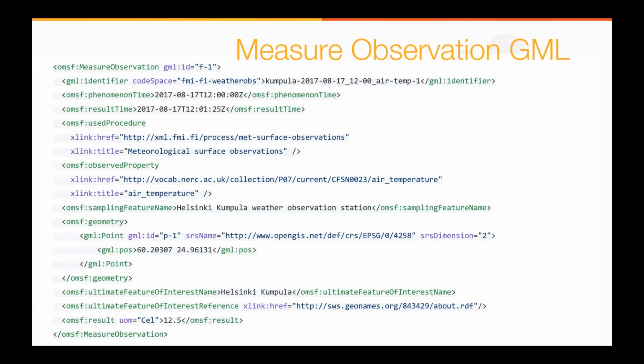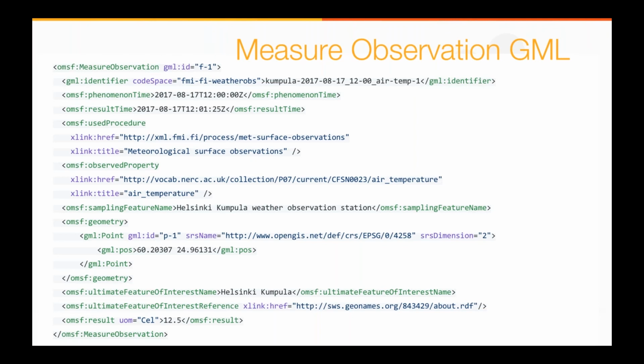You have the familiar properties like the phenomenon, result time, procedure on how this measurement was actually made. What is the sampling feature? In this case, a specific weather observation station in Finland. You have the geometry, which is